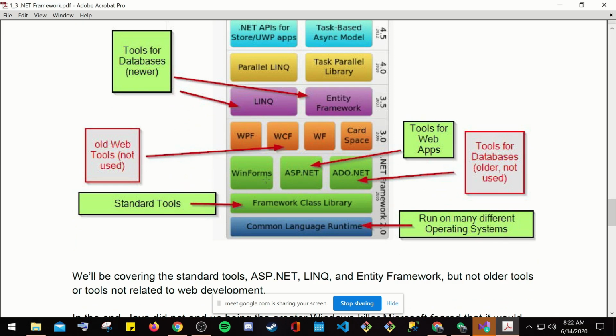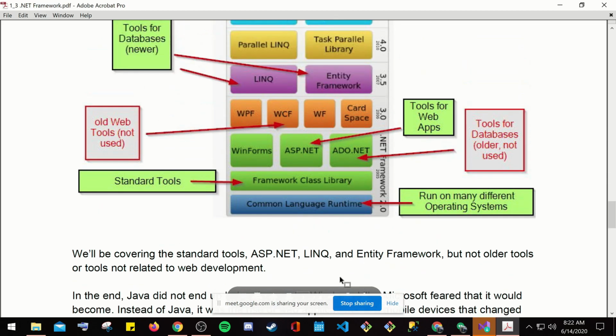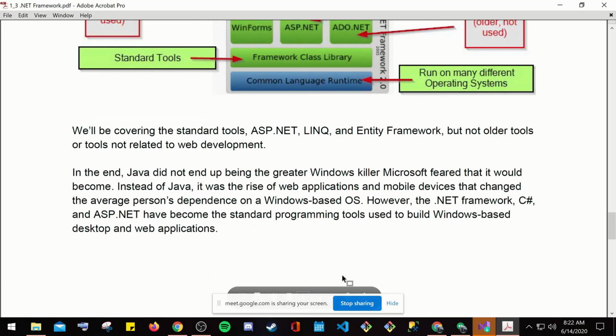So here is very important. You have your WinForms, ASP.NET, ADO.NET, tools for database. And here you have your standard tools, the Framework Class Library. You have your Common Language Runtime, which runs on any different operating system. We'll be covering the standard tools, ASP.NET, LINQ, and Entity Framework, but not other tools or tools not related to